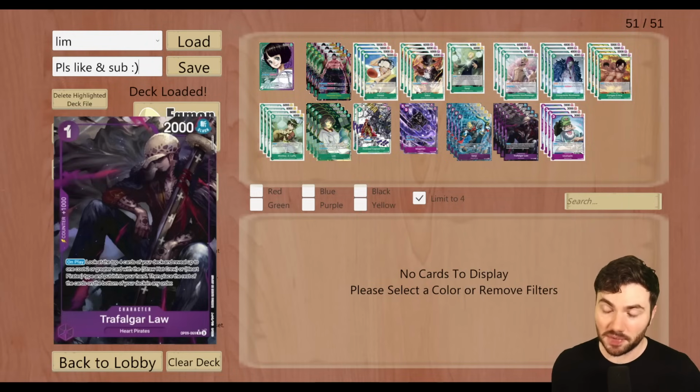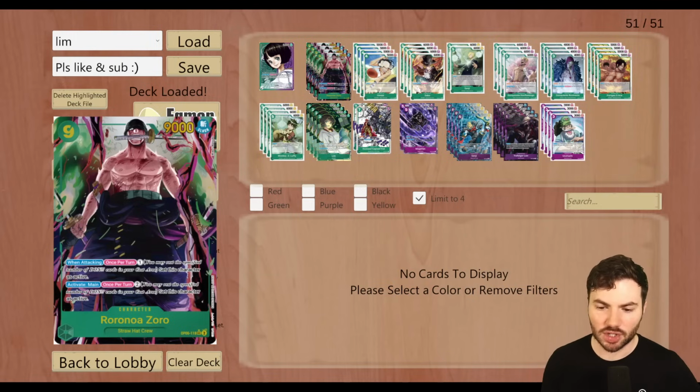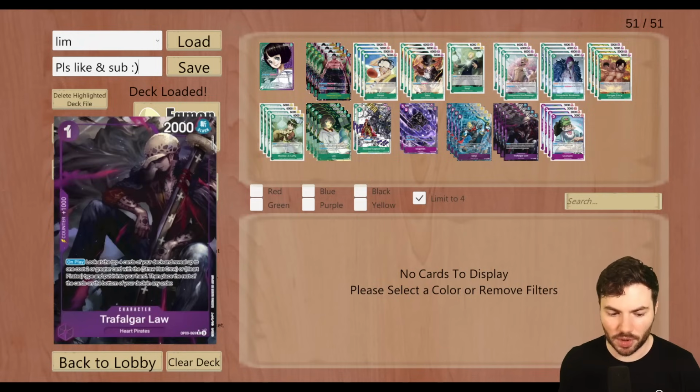What's really important here is that it does grab out this 9 cost Zoro. This Zoro and Bonnie was always one that you wanted to get, but you could never search for because for whatever reason, it doesn't have the Supernova tag on it, even though Zoro technically falls under that title. It's only Straw Hat Crew, and so there was no way to search it out with Bonnie, like the Bonnie searcher. And we have one in purple with this Law, because it can search out Straw Hat Crew,